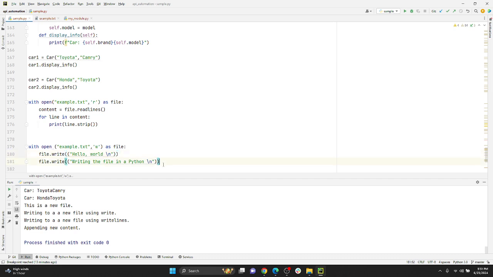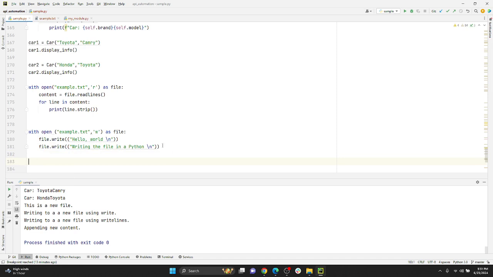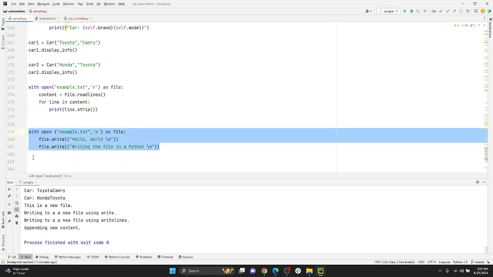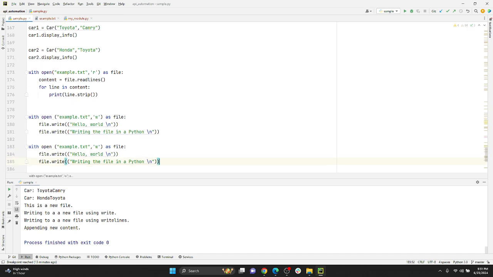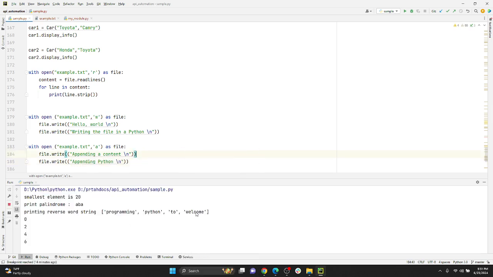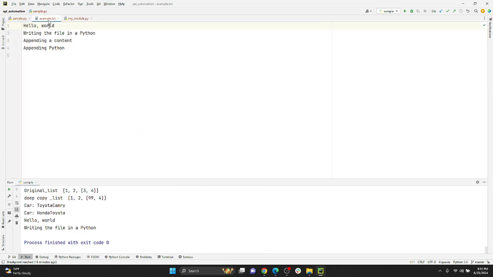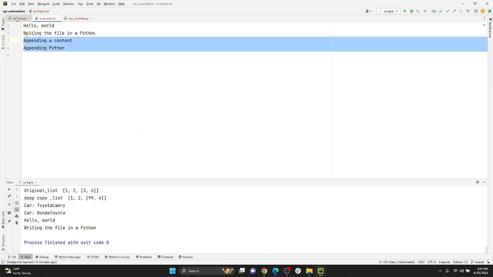Now let's say if you want to append something, simply you should take this and use append. So instead of w, use a. Okay, you should say something like appending a content. If you want to add some extra content with the current content, you can do appending Python. If you execute that, you should see the content has been written. Okay,